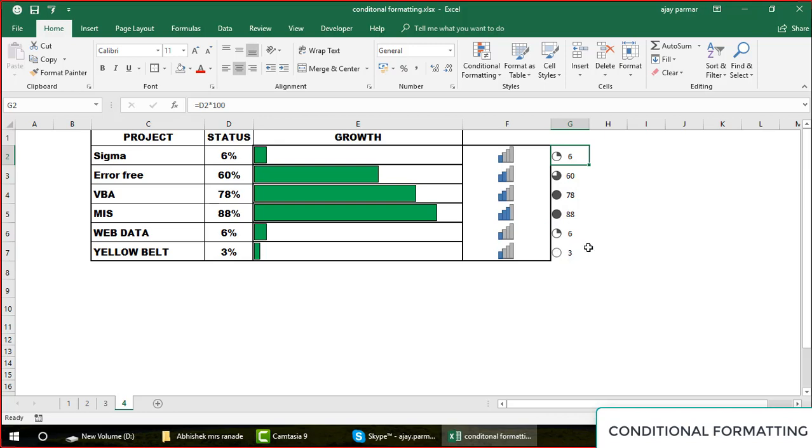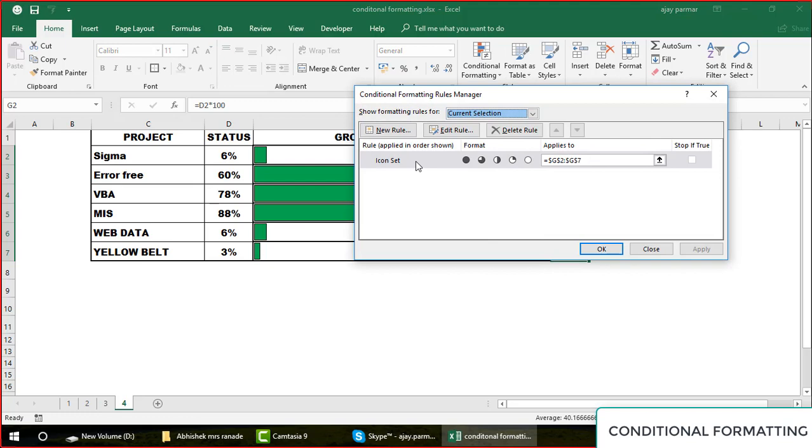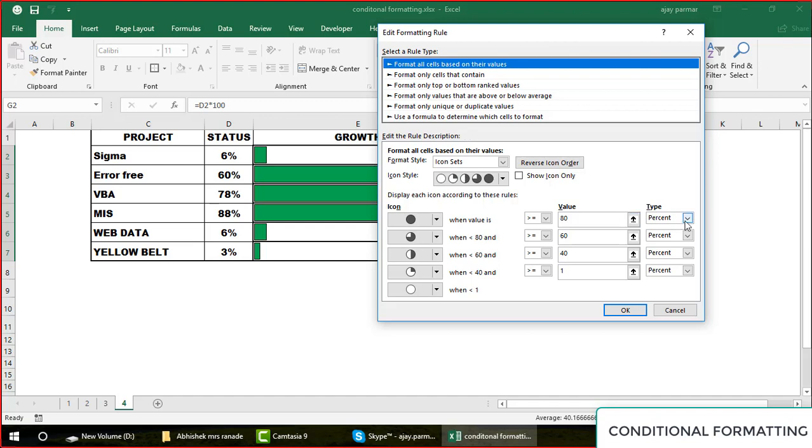Now what I do is, I select this entire thing again. I go in manage rule and I click here and I say edit the rule, and this time I say you have to be a number. So I keep on changing the values.